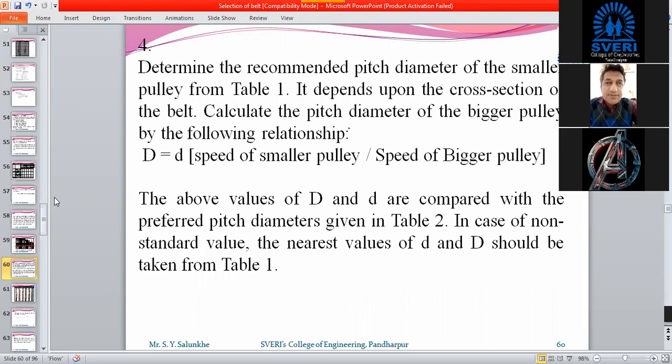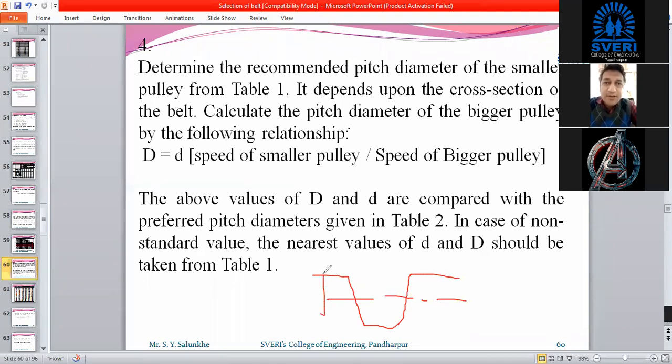First step is that once you decide that cross section, determine the recommended pitch diameter of the smaller pulley. Now, why? Because pitch diameter is considered because the pulleys which we are going to use are V shape, and in V shape, we are going to have different outer diameter and inner diameter. That's why we are going to consider the pitch diameter, that is nothing but the central one.